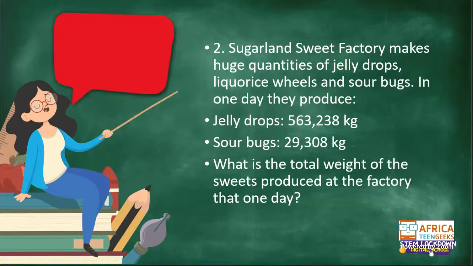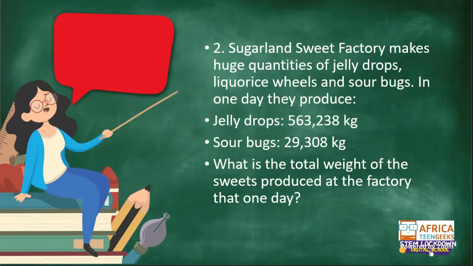And what did you do? You just added the two. Yes, that's great. You just add the two. So yes, I fully agree with you that all you need to do is to add the two kgs. In other words, 563,238 plus 29,308. And then once you add them together, you'll be able to get the final product there, as Dievan got,